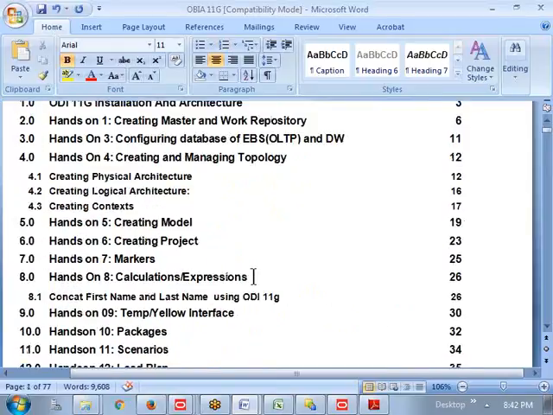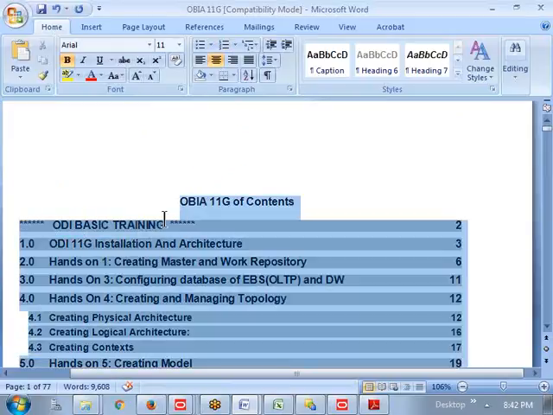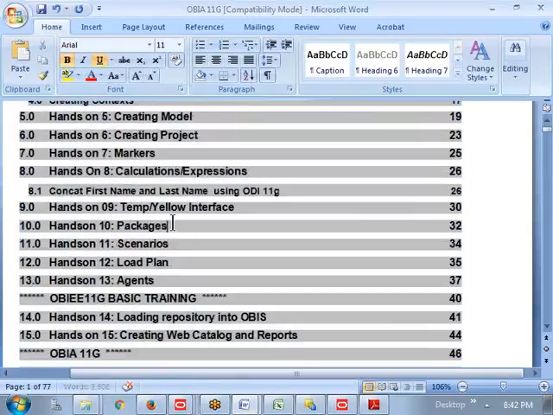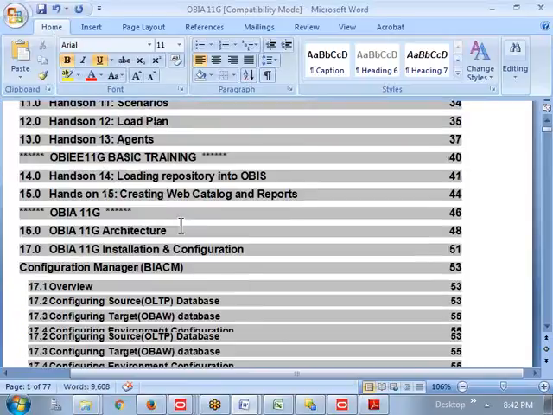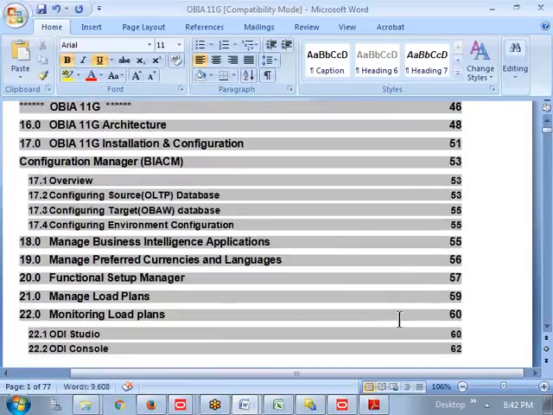It starts with OBA 11G. First we give the ODI basic training, then the OBW basic training. Then as part of OBA, we cover installations and configuration, and the BAACM overview and OLTP configuration, OBW database configuration, configuring the environment, managing the business intelligence applications, preferred currencies and languages, then how to configure setup manager, managing the load plans, monitoring the load plans, what ODA Studio does, and what the ODA console does,